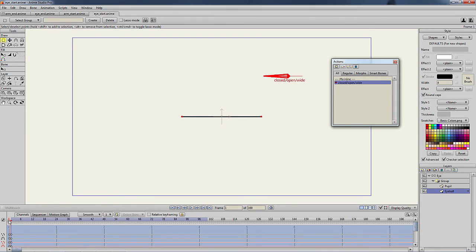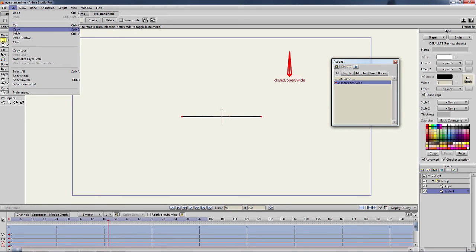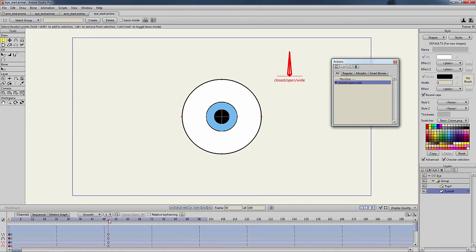At frame 50, copy the keyframe from frame 0 so the eye is open once more. Copy the keyframes to frame 100 as well.